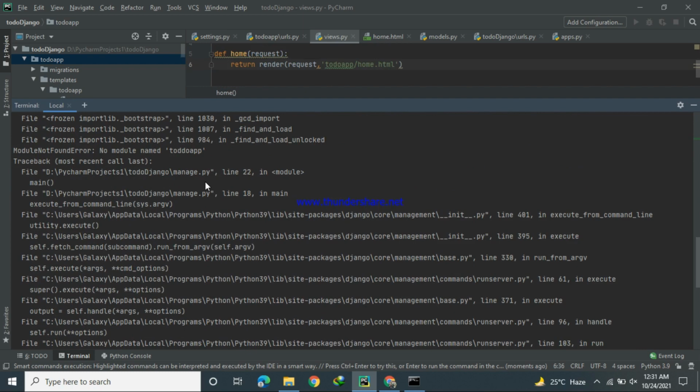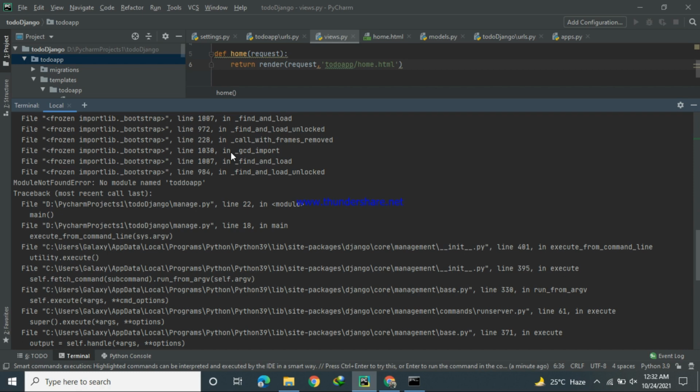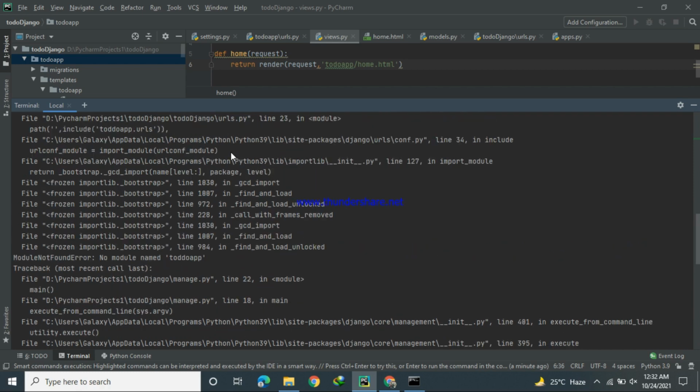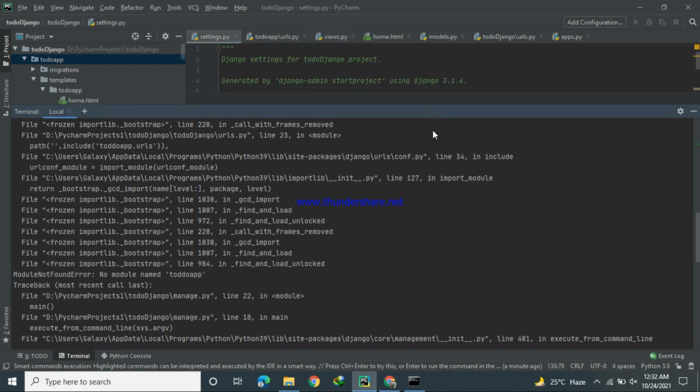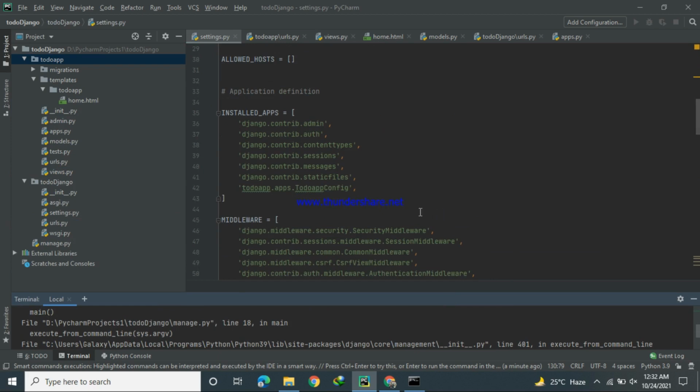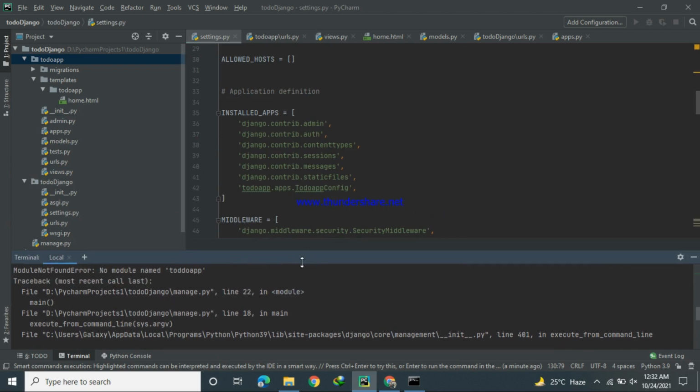The manage.py file says no module named Todo app. See guys, here is a mistake.